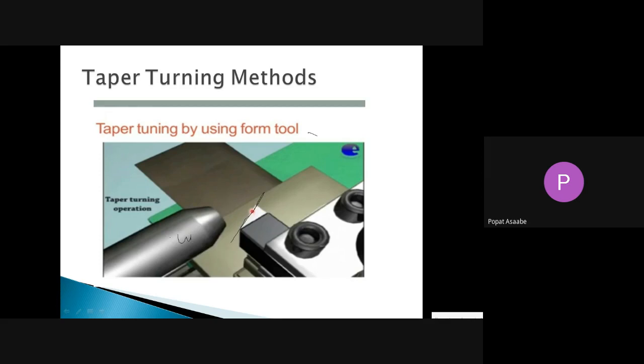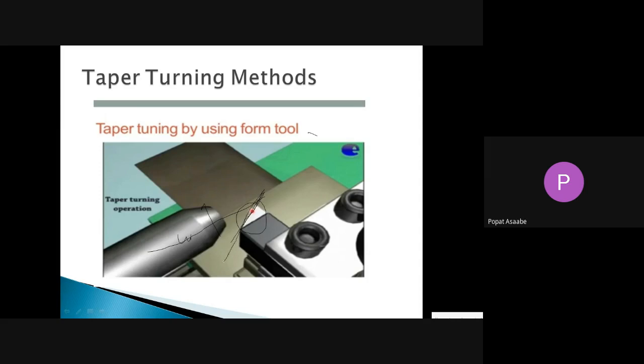That workpiece we want to hold in the chuck, and directly we have to give the feed to that single point cutting tool in this direction. It is perpendicular to the lathe axis, so that whatever shape of your single point cutting tool is there, that same shape of taper will be generated on your workpiece. Simple. Understood? In this, whatever taper you want to produce on the workpiece, we have to get that taper angle ground on the single point cutting tool. Simple. We just give that angle to the single point cutting tool.